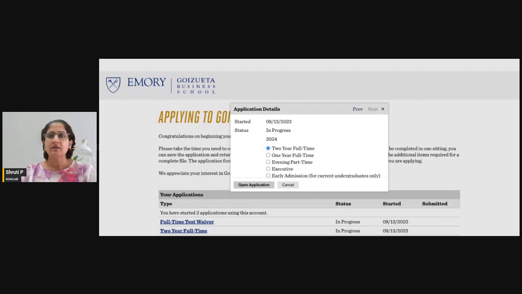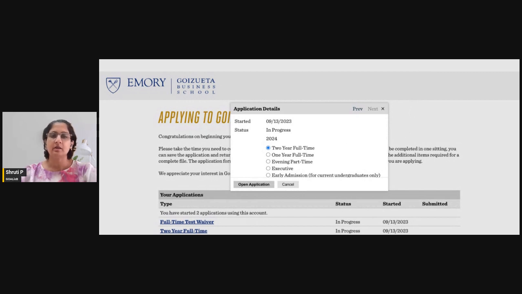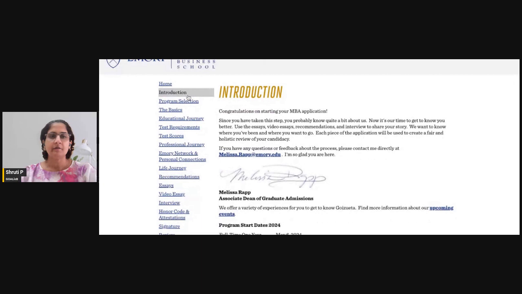So what are the steps that are required to fill the Emory Goizueta MBA application? When you are starting off your application, you need to create a login. Once you have done that, you will have the selection for the program that you want to apply to. Select that. For the 2-year MBA program, the left panel will share all the details that are required for the